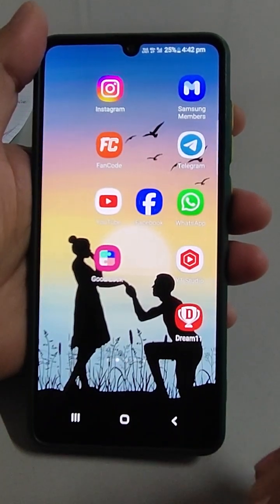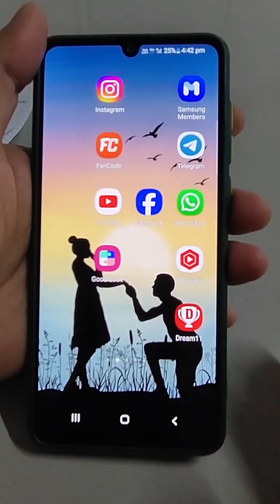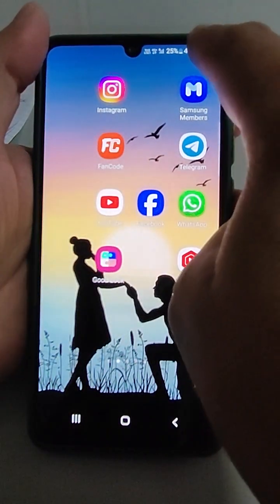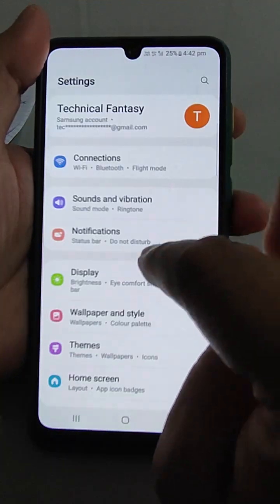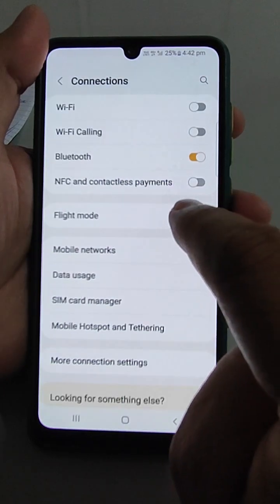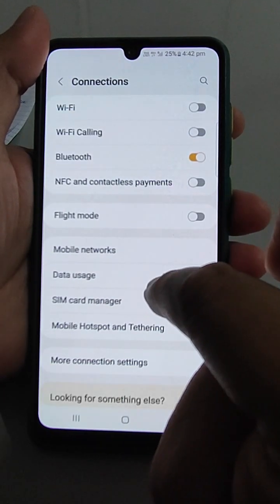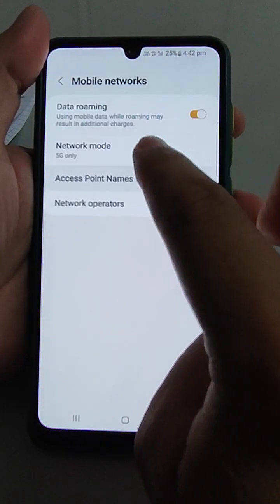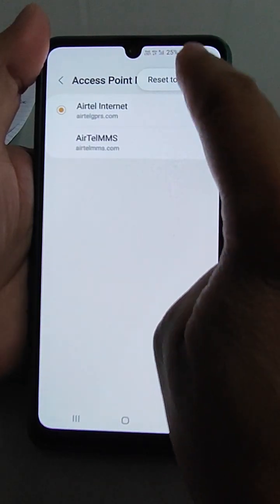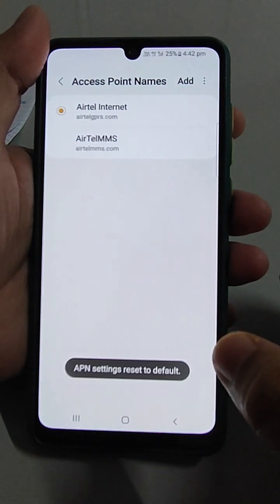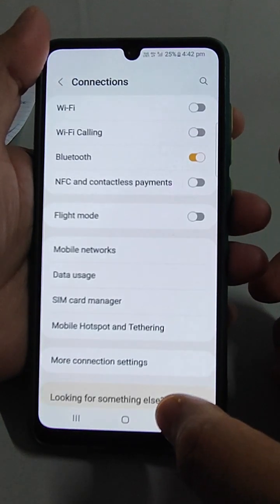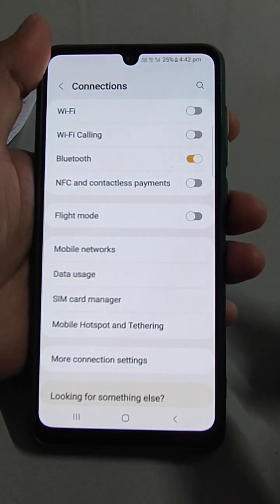Third thing, if both things are okay and you are using a postpaid connection, then what you need to do is just go to connections, then mobile networks, APN, and here reset to defaults. Reset it, and now I think your mobile should be able to work properly. If it is not working, then